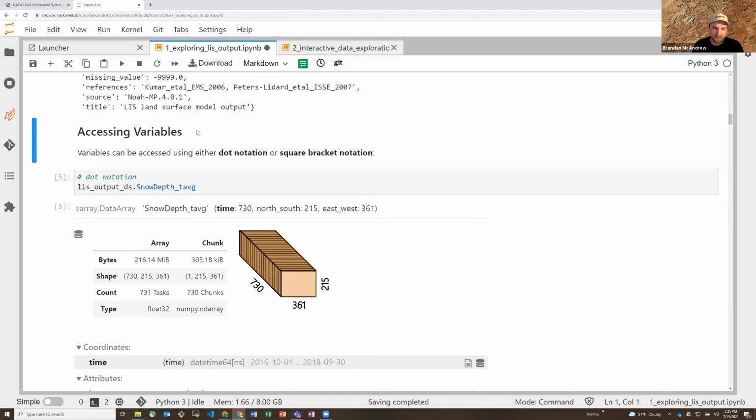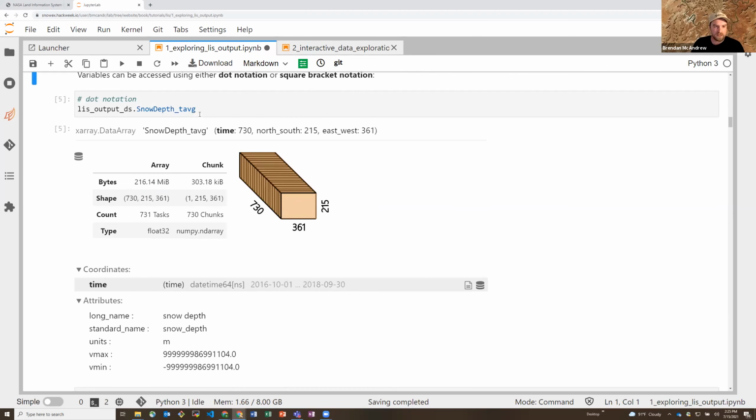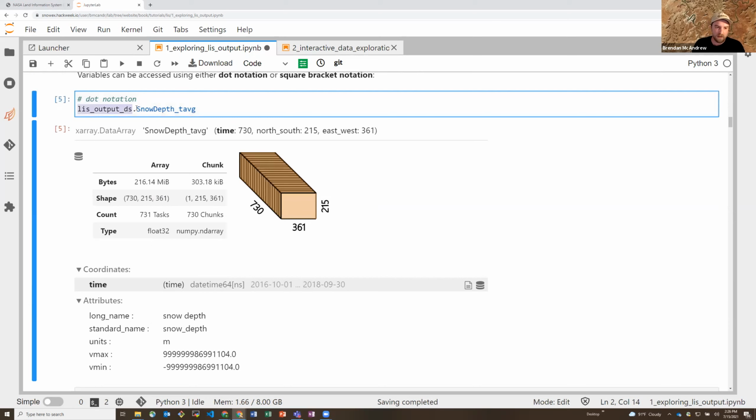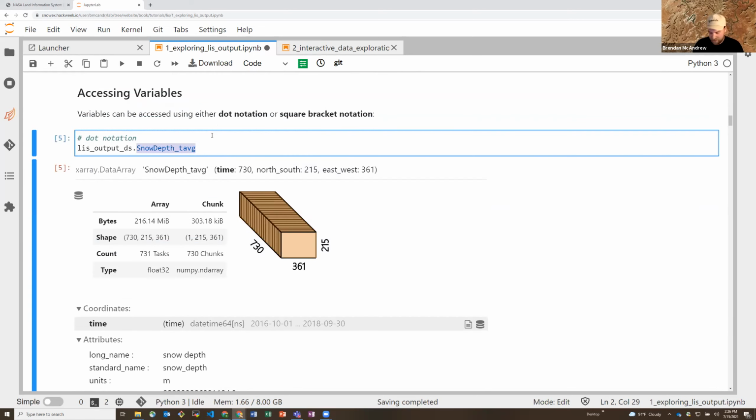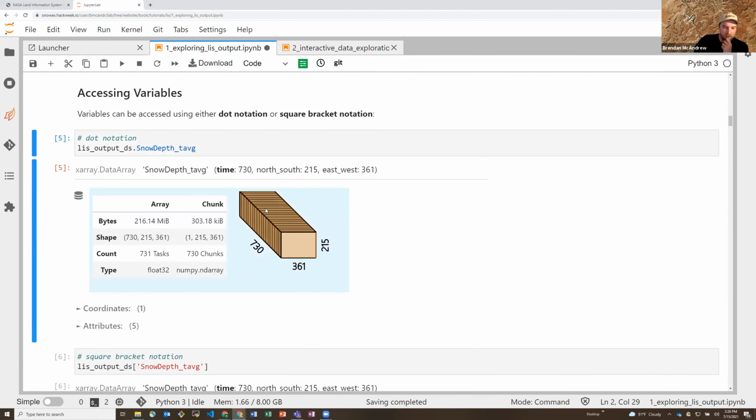Variables are accessed the same way, but there are two different approaches that you can use. I suppose you could use these also for accessing the attributes, but I think it comes up more frequently when dealing with variables. You can use this dot notation where you call the variable for our data set, dot, and then the name of one of the variables that it contains. So in this case, since it's a SnowEx tutorial, we're going to focus on the snow variable. And so if we run this cell, we get a glimpse at the snow depth variable in our data set,